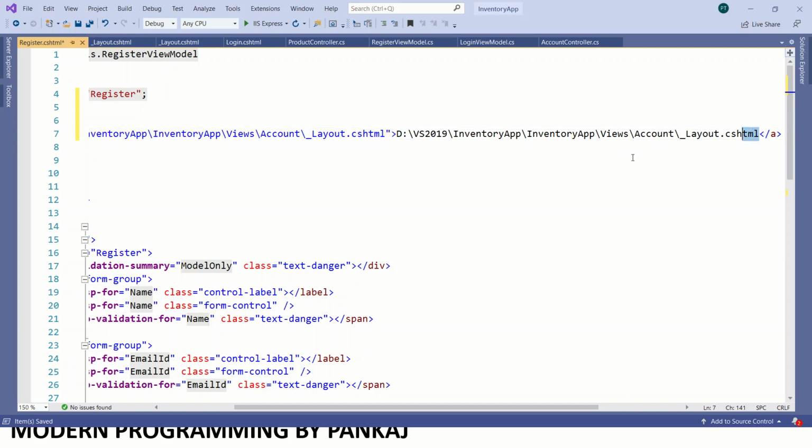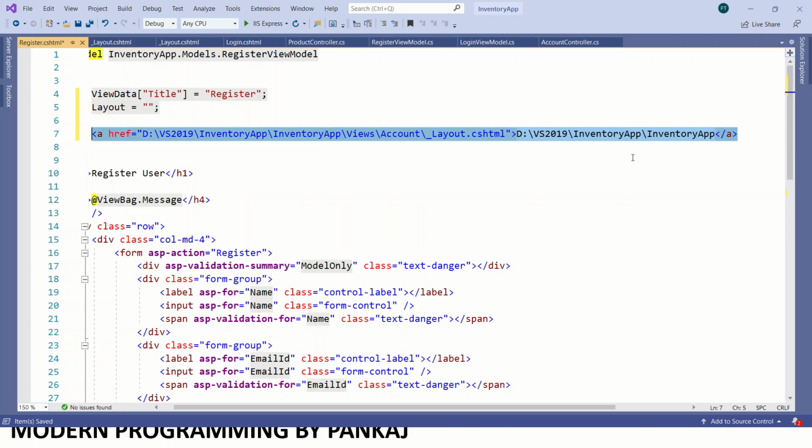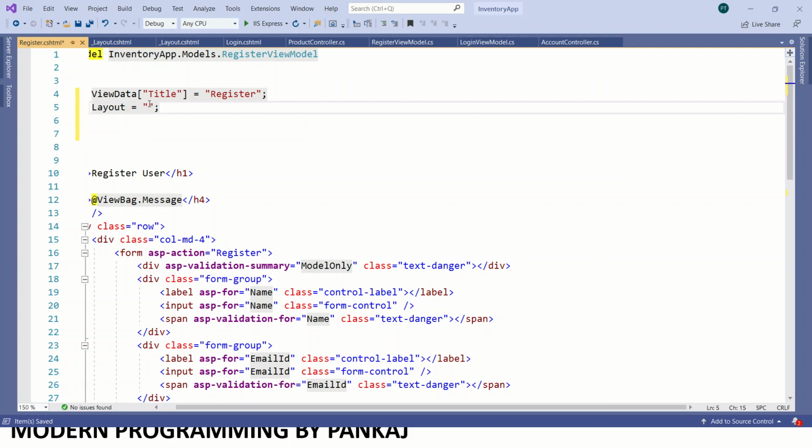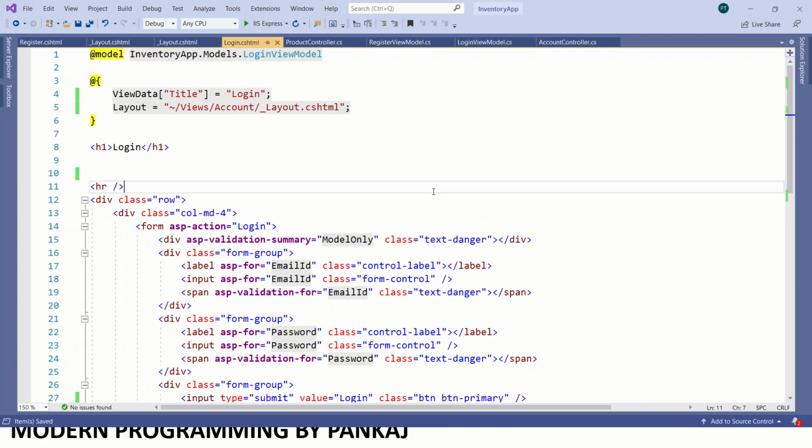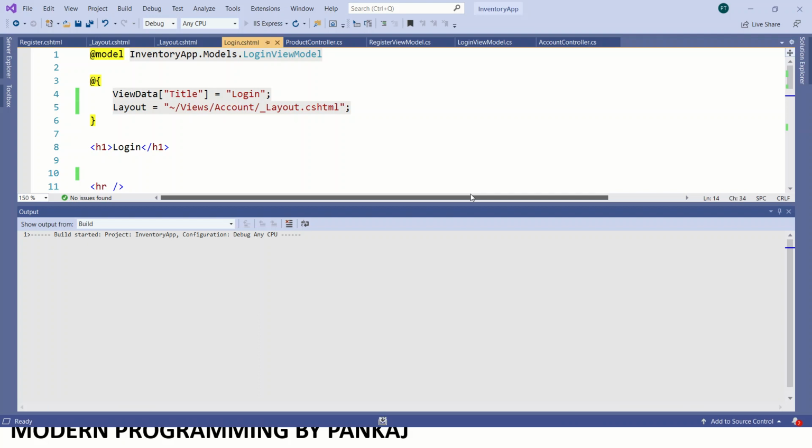We'll just take only this part and set it. So this is how we can access a different layout. Now I have set it in register. Now I need to set the same in the login page also. See, now let's run the application and see what the output is.